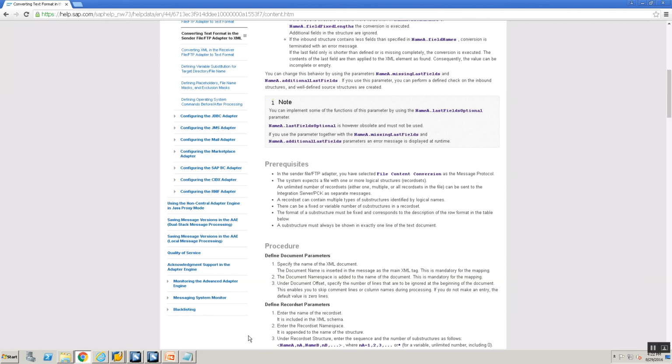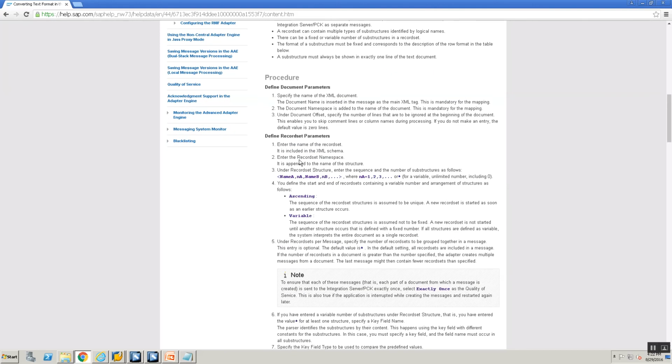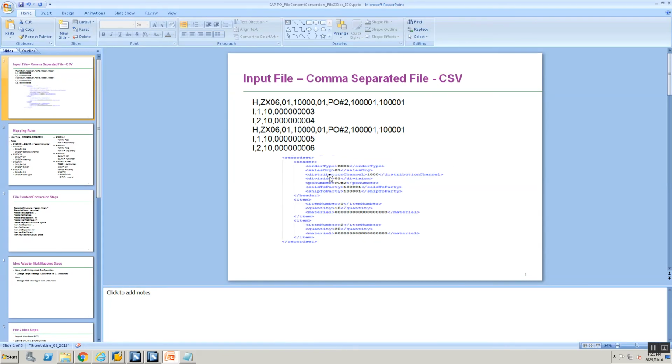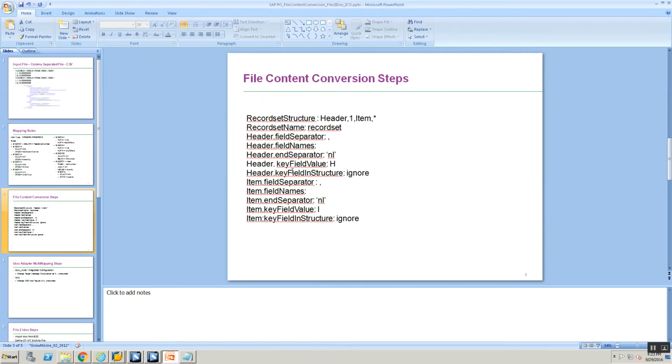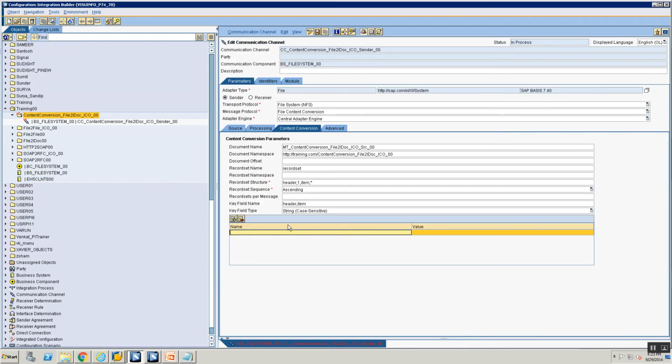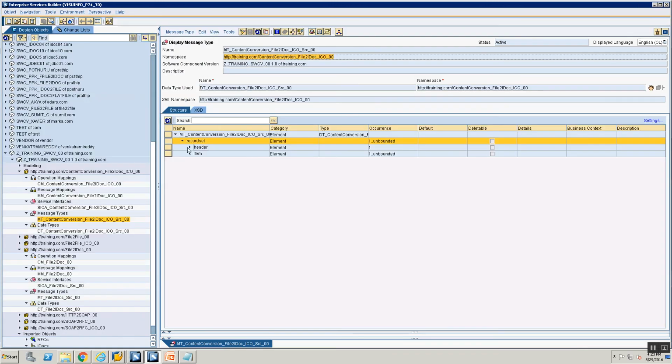And here you can see a lot of documentation around what each parameter is. Here you see define the document parameter, specify the name of the document namespace, and so on. Similarly, there are certain important parameters that we need to enter, which is going to be the various field names. So the first thing that you need to say is header dot field names. And what are the field names that we have? So I'm going to go here. My field names are